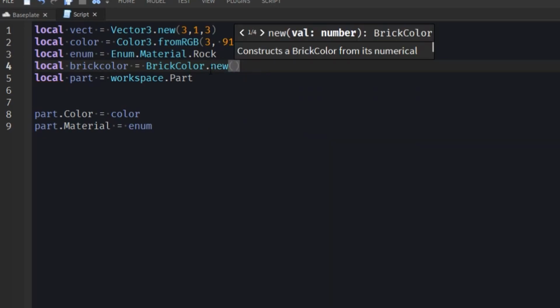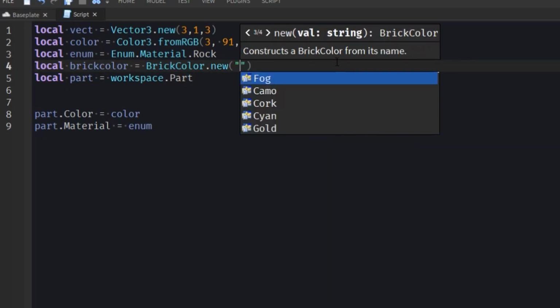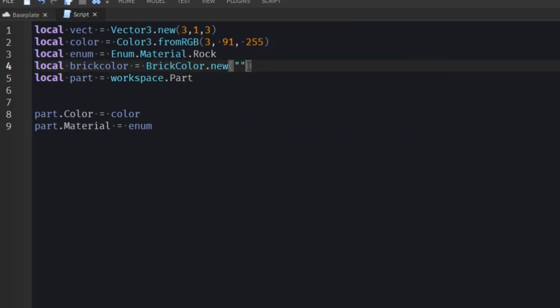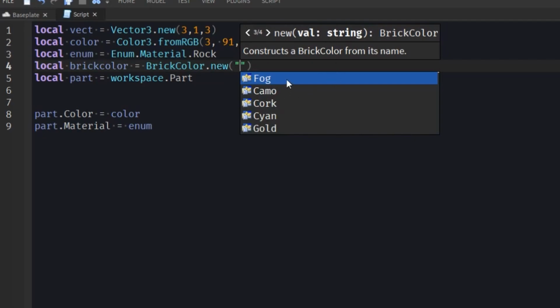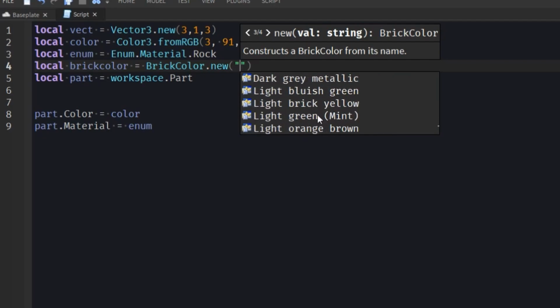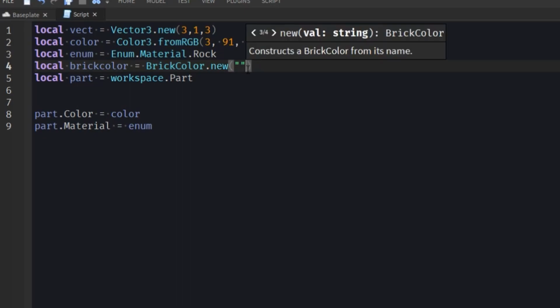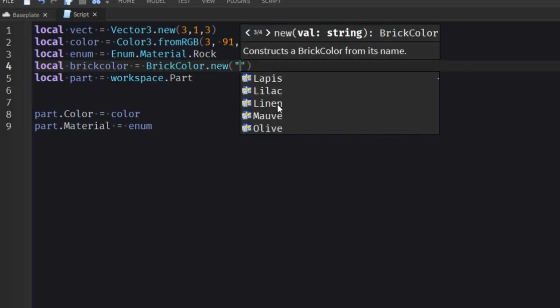And with BrickColor, we just do BrickColor.new, and in here we put quotation marks, and you'll see it automatically fills in all of these different colors, and these are the only brick colors you can use. You have to use a name that matches these, or else it's not going to be a valid brick color. That's because when you click here, it gives you this wheel with all these preset colors. So if I can find a decent color,